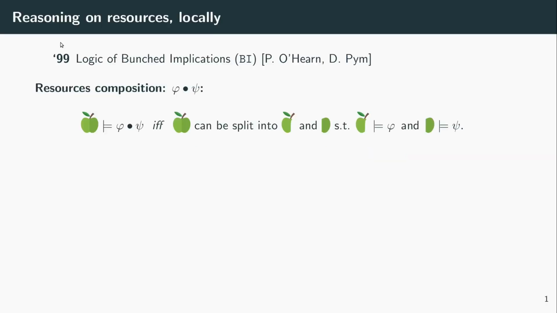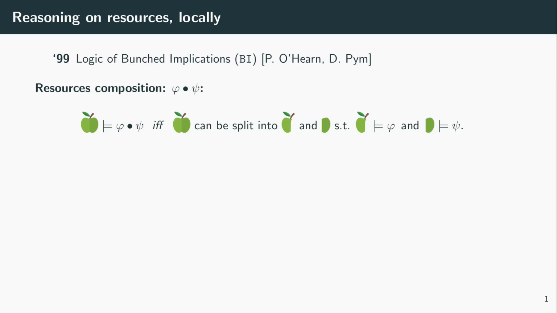So I will start with one slide that summarizes a little bit the idea of our work. In recent years, we saw a lot of logics that try to reason on resources in a modular way. And perhaps the queen of these logics turned out to be the logic of bunched implication by Peter O'Hearn and